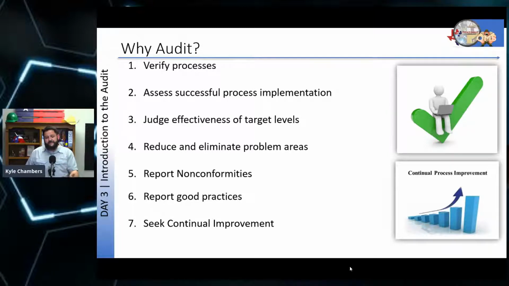So then we're going to take it even further. We'll know that the process is implemented because we're not getting a lot of findings. That doesn't mean it's necessarily a good process. It just means it's not issuing non-conformances. So then we want to judge how effective these are. And again, it's done very much by going against the numbers, going against your stated goals. How do we measure success in the future?